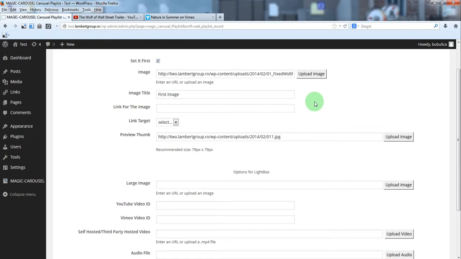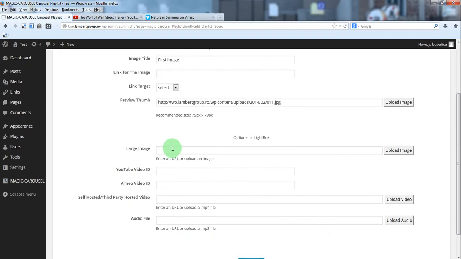For each image, you can define what will open when you click it. You can define a link and the link target. You can define a large image, a YouTube video, a Vimeo video, a self-hosted video, and an audio file.